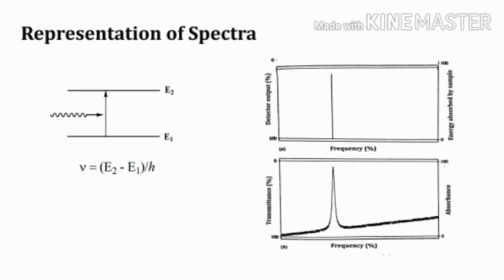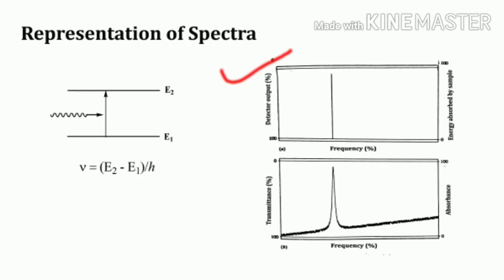Now, let us consider what happens when a spectrum is recorded. When the radiation strikes the sample, having just two energy levels, say E1 and E2, the detector output will show a sudden fall at the frequency given by nu equal to (E2 minus E1) by h, since some of this frequency will be absorbed by the sample and will no longer reach the detector. The resulting trace on the chart paper is illustrated in figure A,